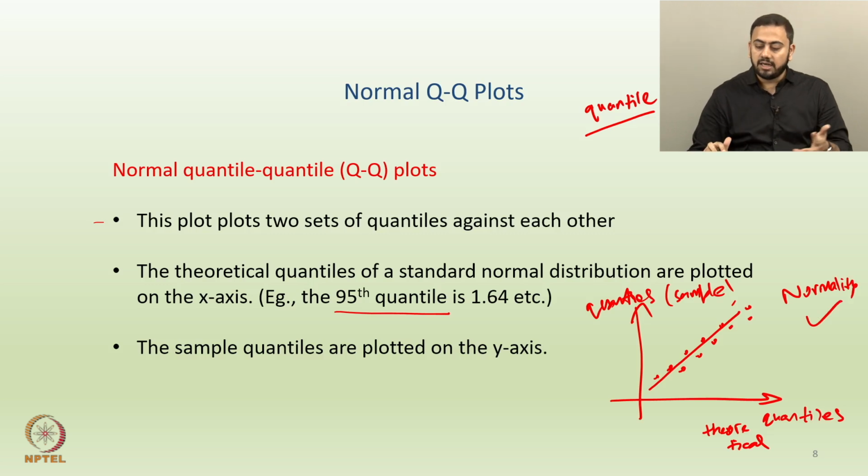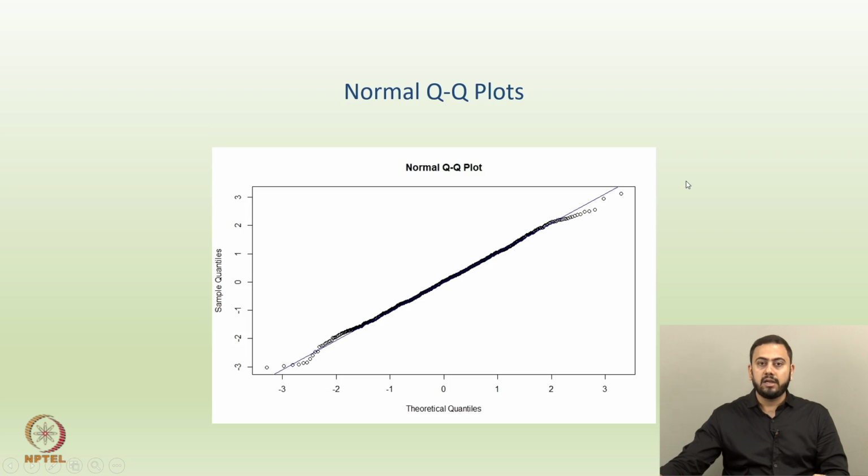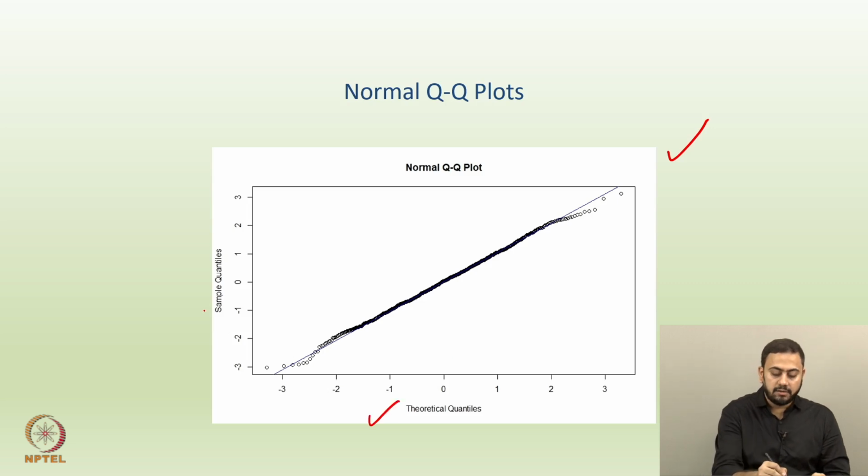So, which means that the underlying assumption, which is standard normal distribution when it comes to theoretical quantiles, holds true. Okay. So, this is the idea behind a normal QQ plot or a normal quantile plot. For example, this is a very typical normal QQ plot where normality holds, right, because almost all the points here fall on a straight line, which means that the theoretical quantiles are equal to the corresponding sample quantiles.